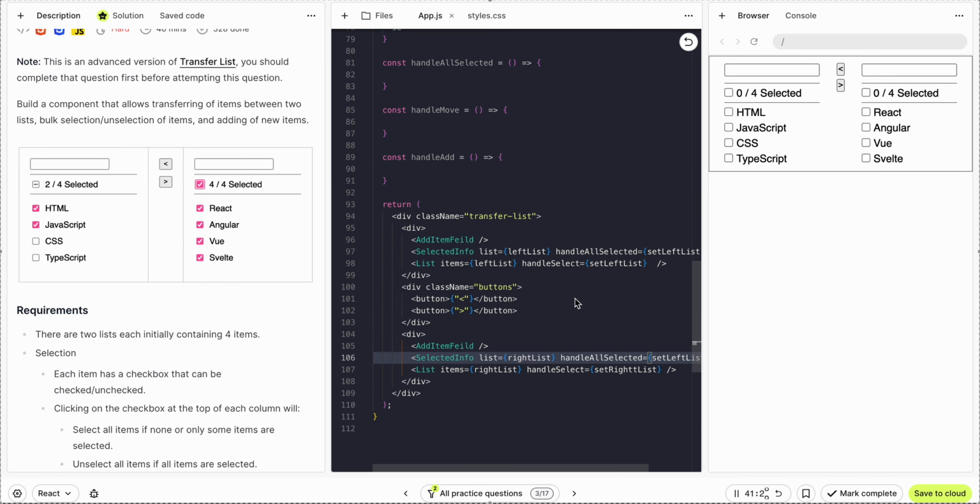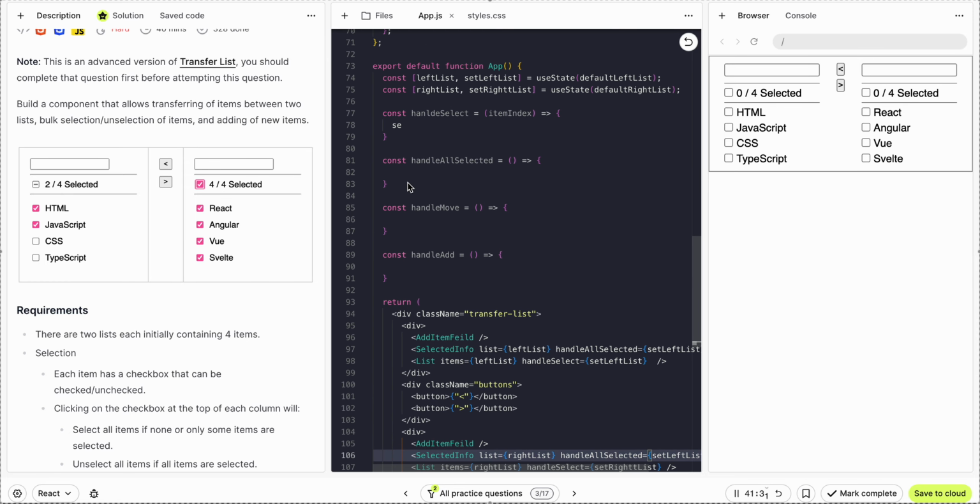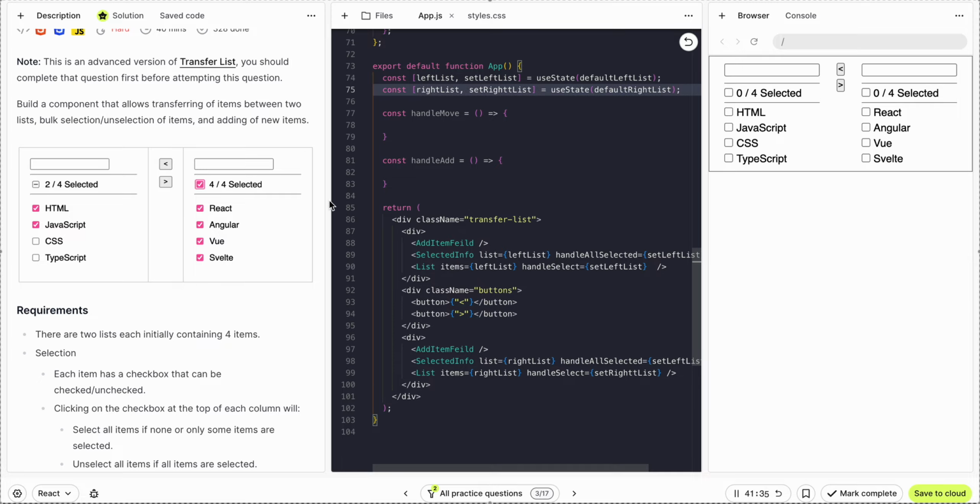So we don't need this thing here at all. So we can also do something called, okay,